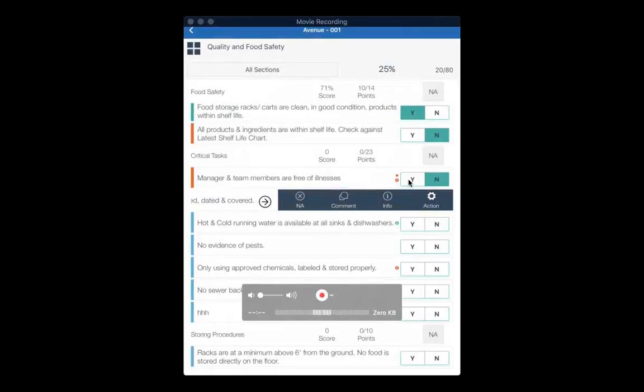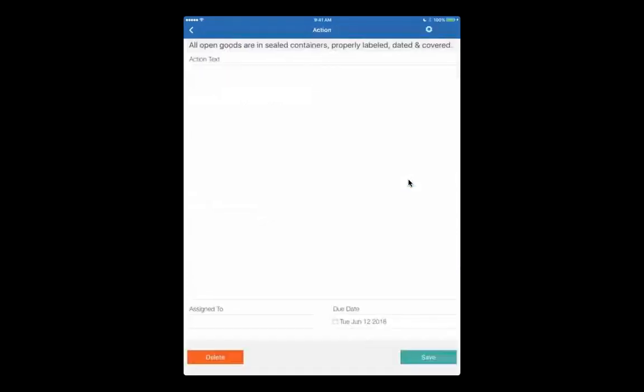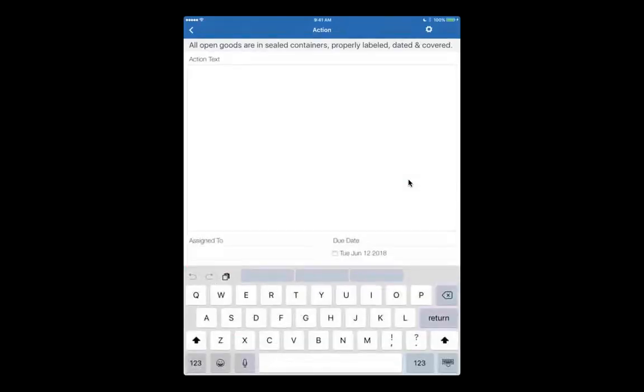So let's say there's a situation where something is so wrong that you actually want there to be a follow-up or something that needs to be done about it. So for this question, we're going to click the action. All open goods are in sealed containers. We'll say containers were not sealed. This must be fixed